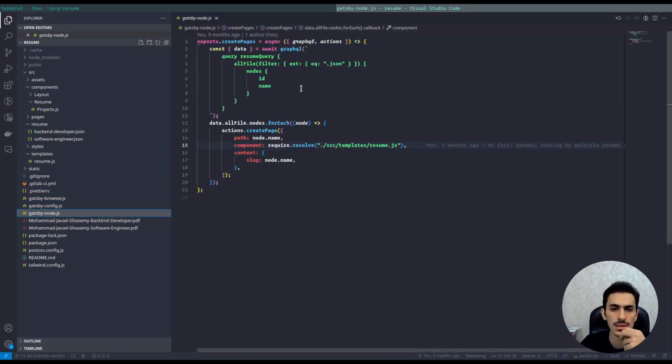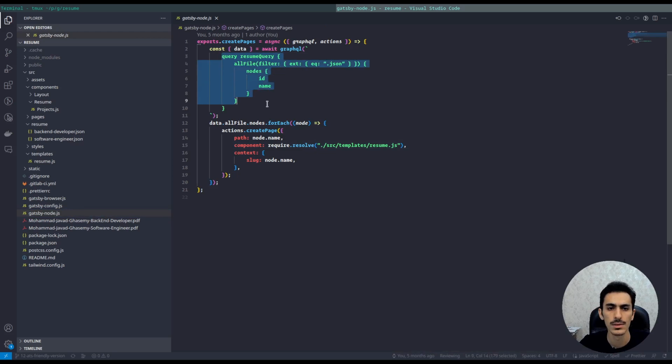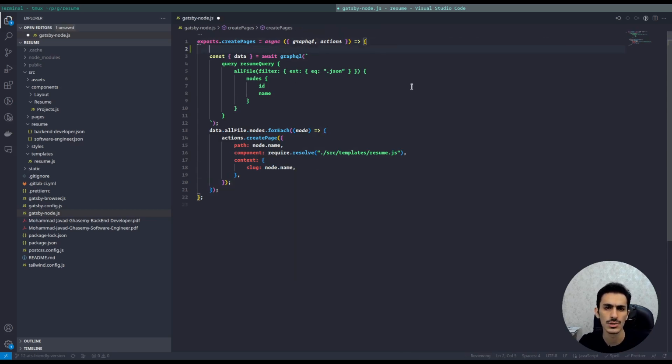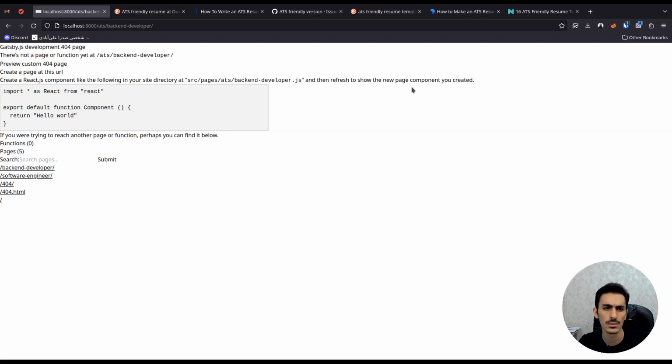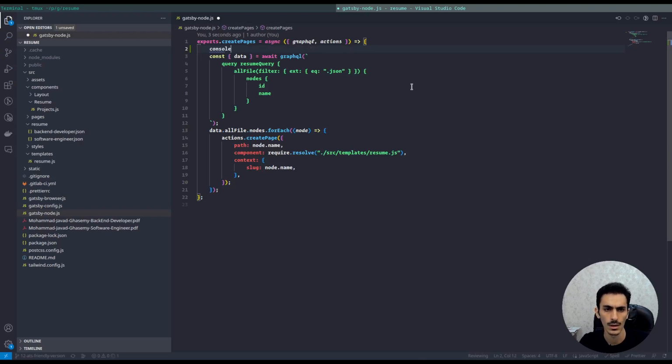So as you may see in here, we are checking this is a query builder, and there's something like a slug, and let's see if I change this GraphQL, you see that's just console log